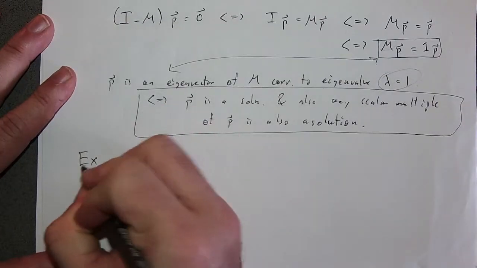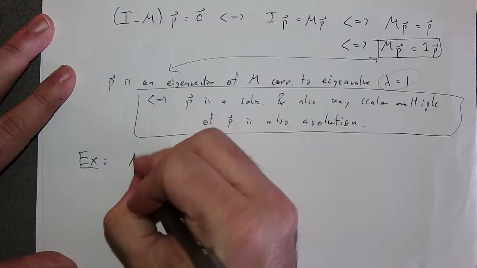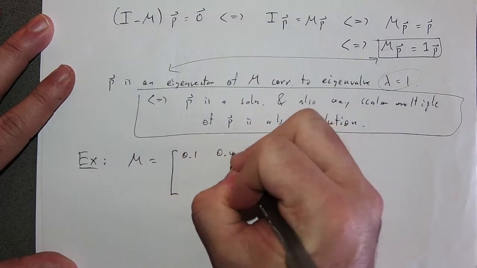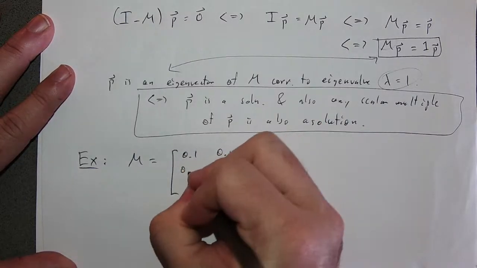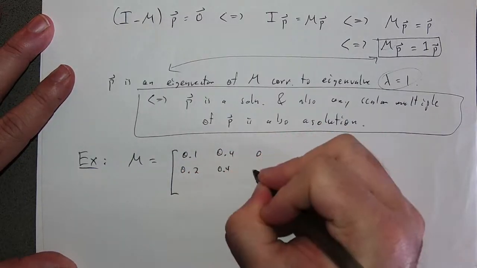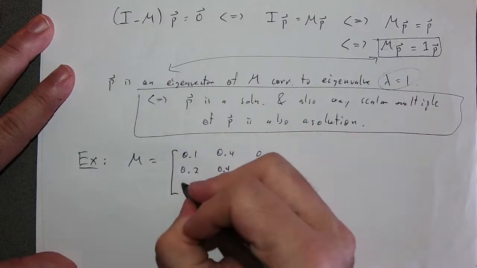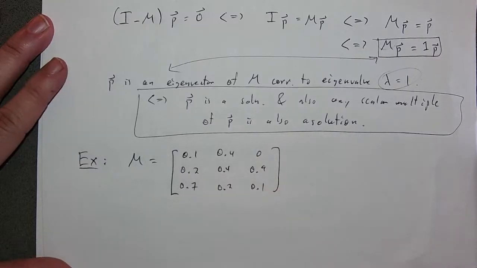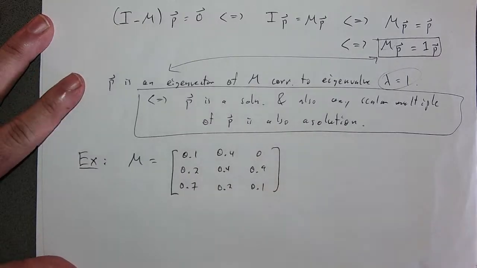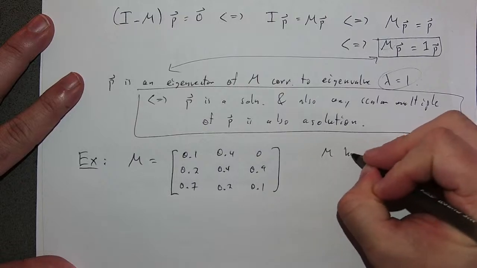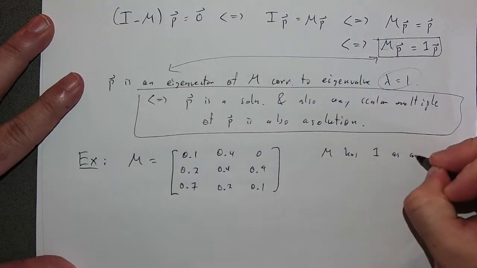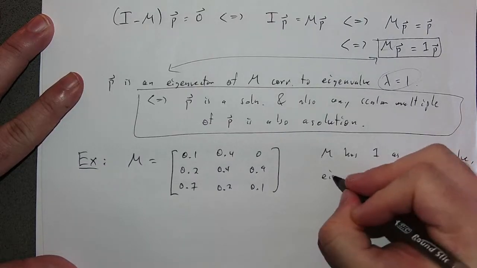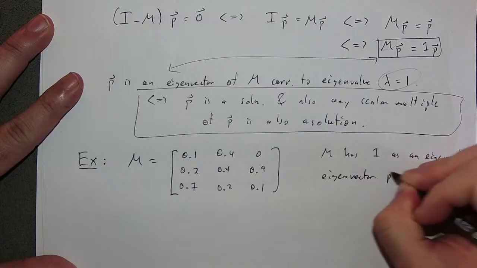If I look at the example as follows, let M be the matrix, reading row-wise, 0.1, 0.4, 0, 0.2, 0.4, 0.9, 0.7, 0.2, 0.1. This actually has eigenvalue 1, and an eigenvector P corresponding to it